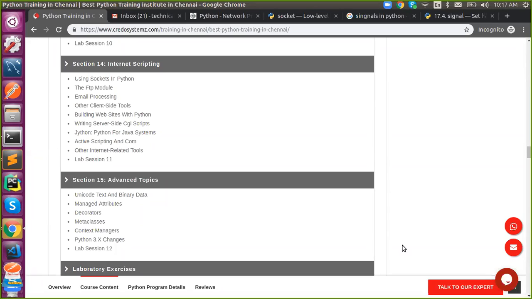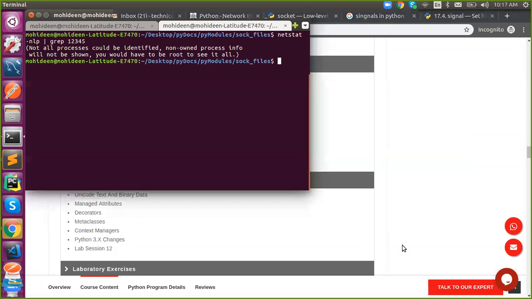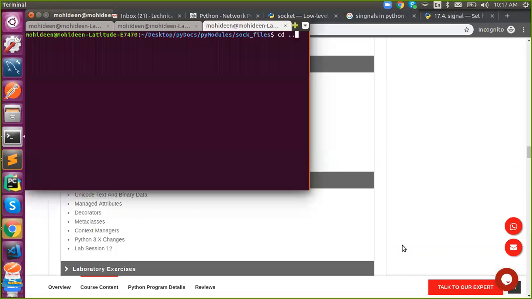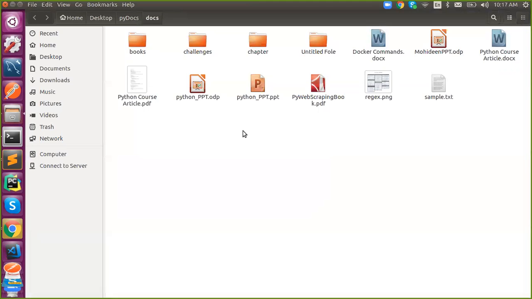Today we are going to talk about CGI script. What is CGI script? Okay. CGI is nothing but a short form of Common Gateway Interface. So, we'll see what it's going to do. It's going to create an interface between your front end and back end. With the help of that, we won't be able to execute a Python from a front end.